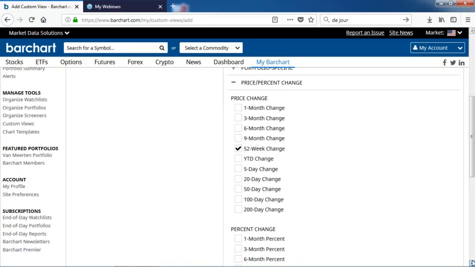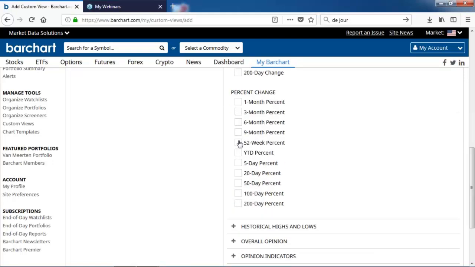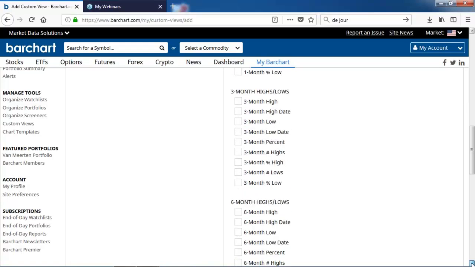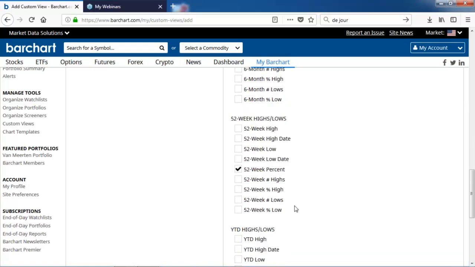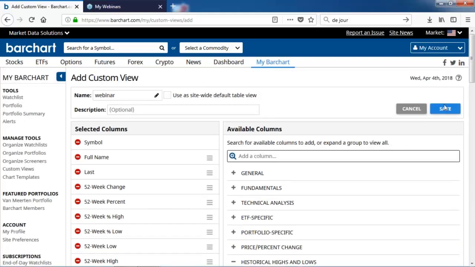And very quickly I'm going to rattle down and get into percent change, and I'm going to look into 52-week percent and historical highs and lows. Not the number of highs, not the number of lows, but the 52-week percent off the highs and lows and what the actual highs and lows were. All right. So this one, let's save.